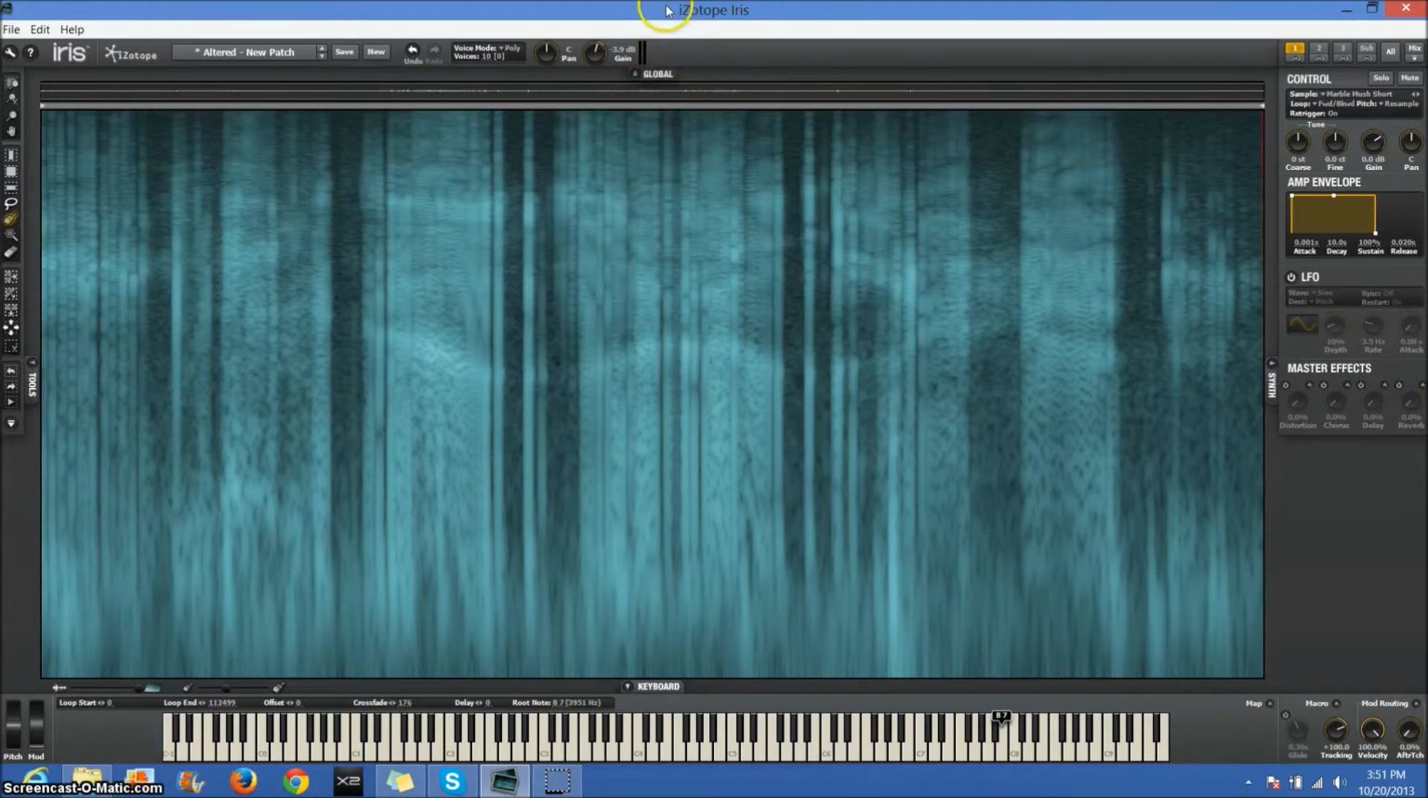workshop. This is going to take place in the program iZotope Iris, and today we are going to make a random sound effect. Nothing specific. I didn't have any plans when I recorded this other than to make something. So I started off